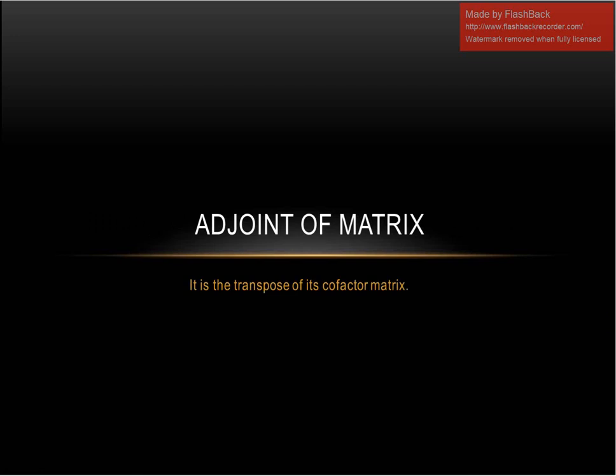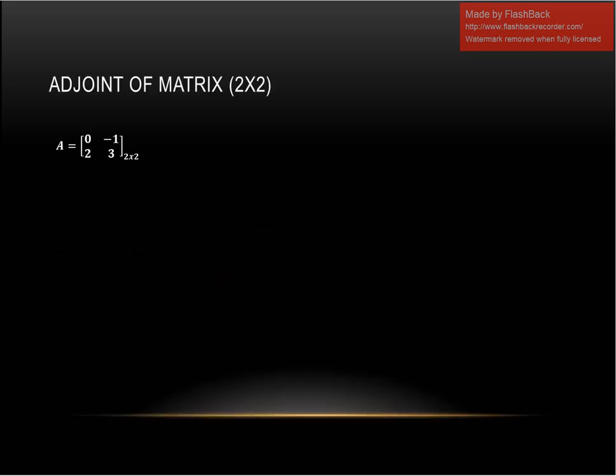Adjoint of matrix is a transpose of its cofactor matrix. In this video, I will tell you about the minors and the cofactor matrix. So, this is the initial matrix, and you know that the adjoint of this matrix is 3 will come here and 0 will come here, and the minus sign will change into positive and the positive sign will change into negative sign. This is simple adjoint of matrix. But the science behind the adjoint of matrix is the minor and the cofactors. You have to calculate the minors and cofactors.